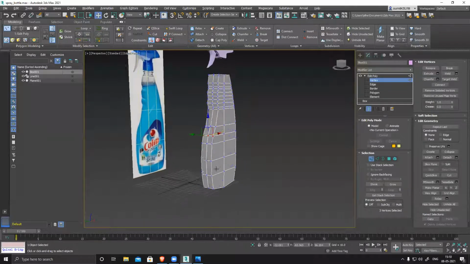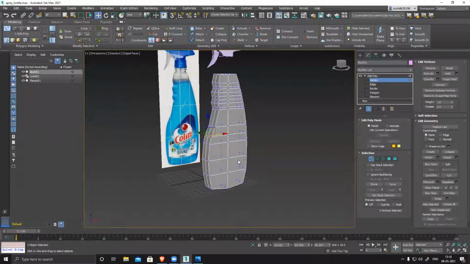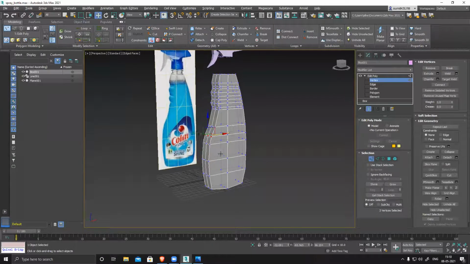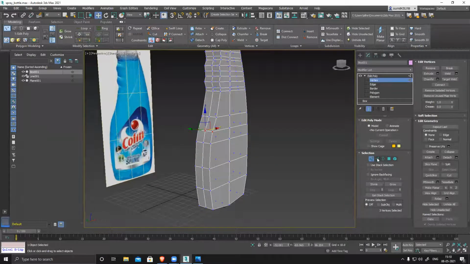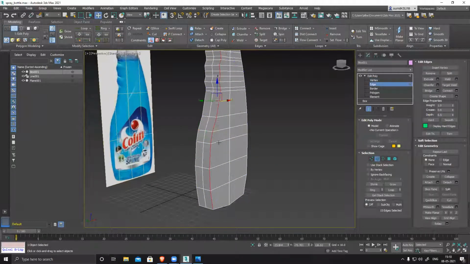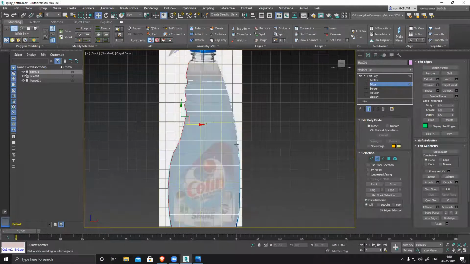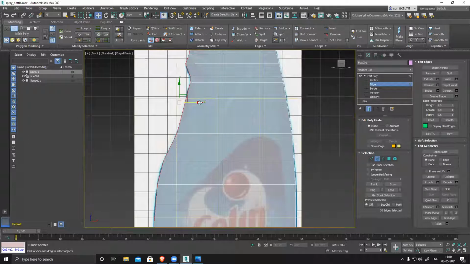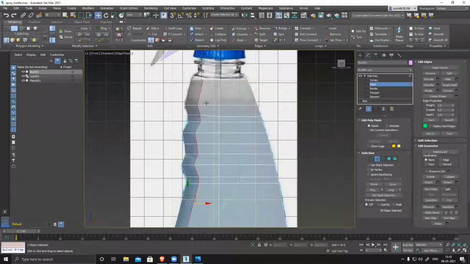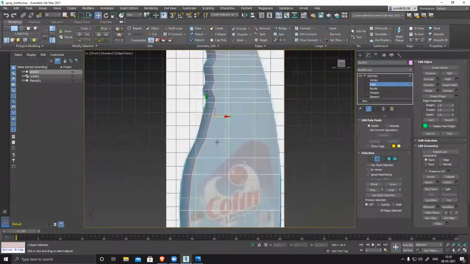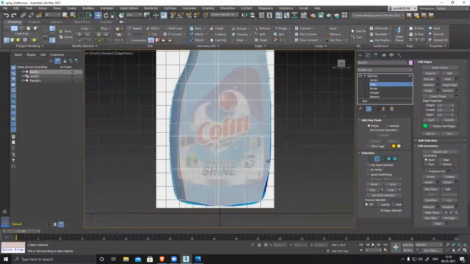So what I have to do this time is go to front and double click, select this edge, front again, and push it inside. Now it will become a little soft at the edges.